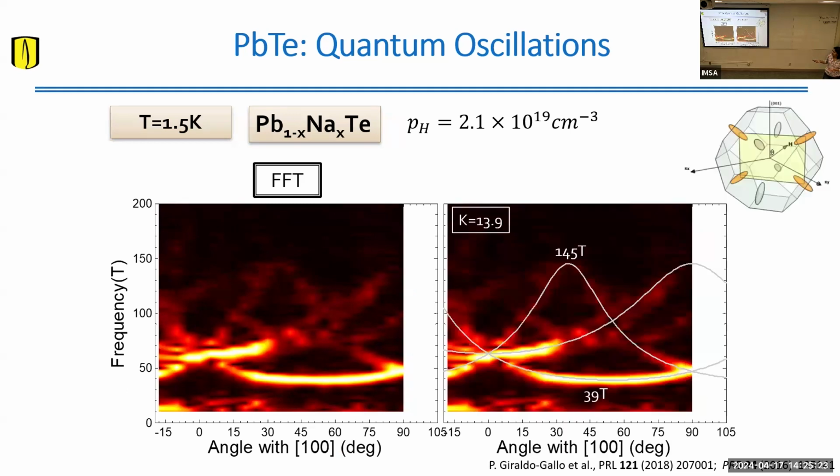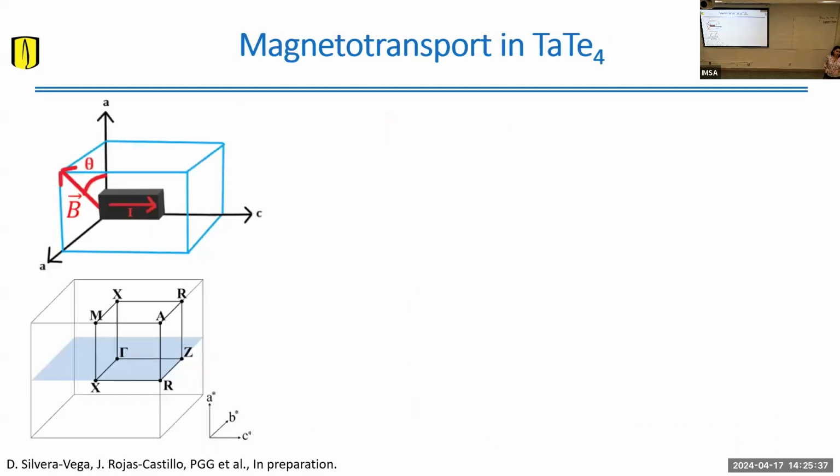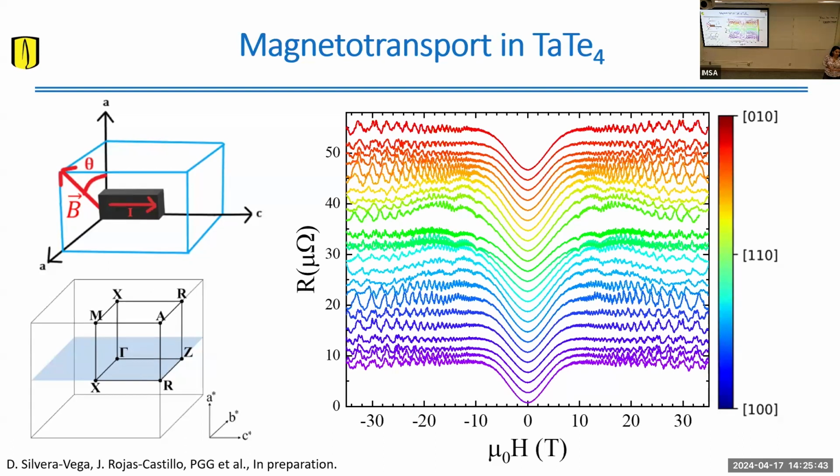And then from these nice plots, you can actually compare with the expected evolution for the predicted Fermi surface. And you can get exactly the sizes of your pockets, the anisotropy, effective masses, whatnot. So this is exactly the procedure that we have done for the tantalum tellurium 4 in order to resolve the Fermi surface. You have this, which looks very complicated. This has a lot of frequency components, and the Fermi surface is not as simple as the lead telluride that I was showing you before.